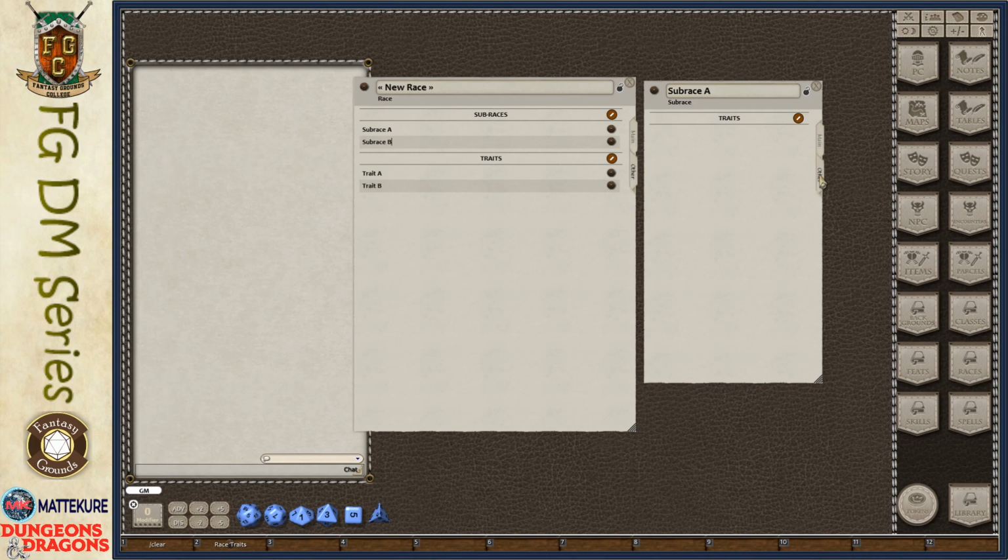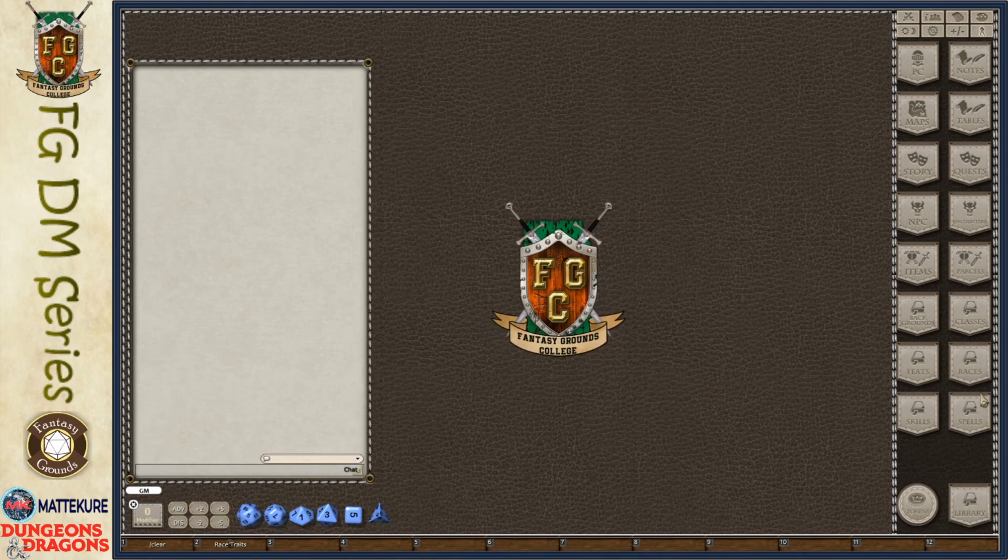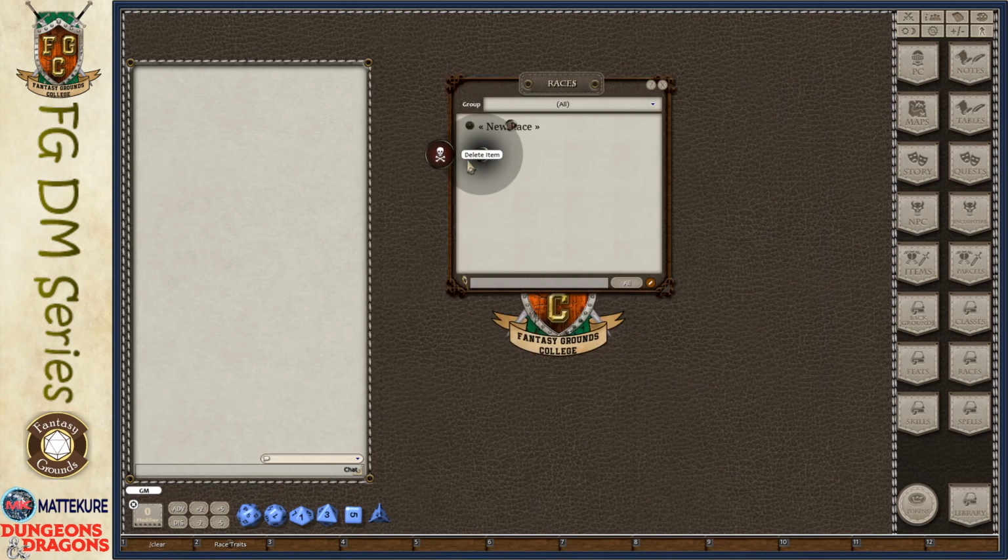So if I come back here to the other, here's where I list the traits that are unique or specific to that subrace. Do the same thing with subrace B, and include any traits that are unique to that specific subrace B. So this is how we construct our race. So we're going to go ahead and delete this one and start brand new and implement the Ahuling race.